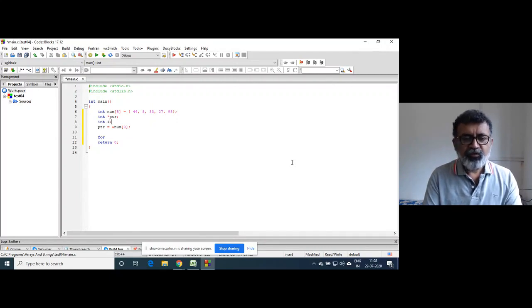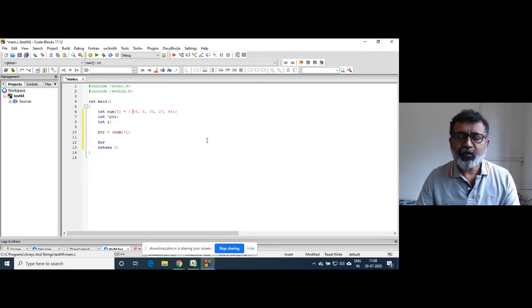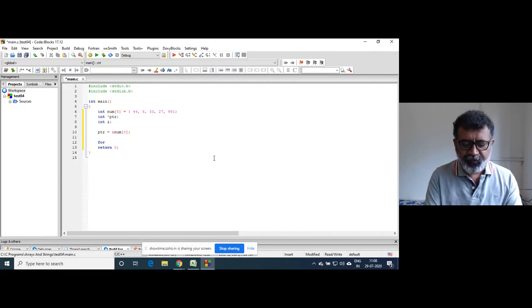Now what I want to tell you today is the remaining concept of that base address. Partially I have told you that the address of the first element of an array is called the base address, right?